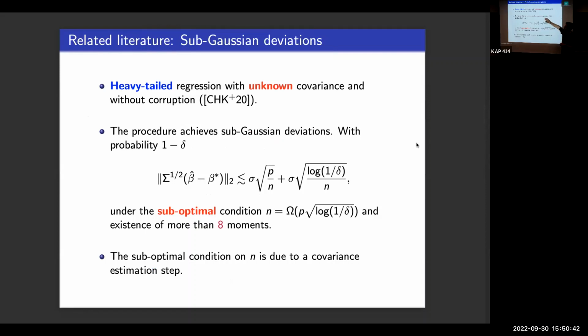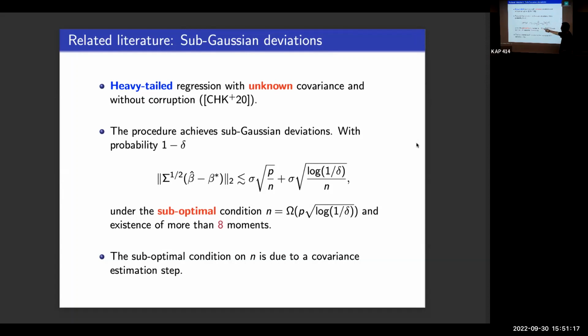They only considered the case with heavy tail. I think that was with this group. So basically they showed that without the sparsity assumption you can reach this error p over n, which is optimal, plus the sub-Gaussian deviation. So they can estimate beta star under heavy-tailed noise, and also heavy-tailed regression design. But the problem is they required n to be of order p squared, or p to the power 3/2, if you want the optimal dependence. That was the main problem they struggled with.